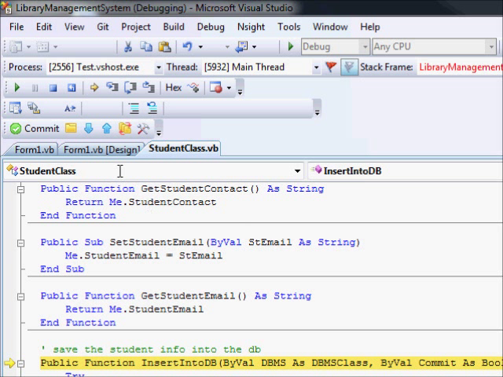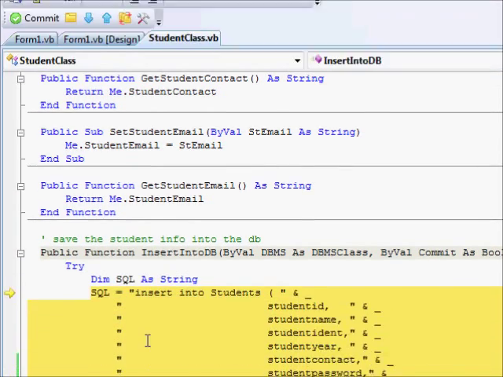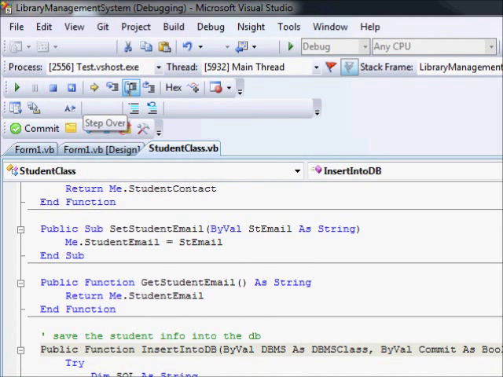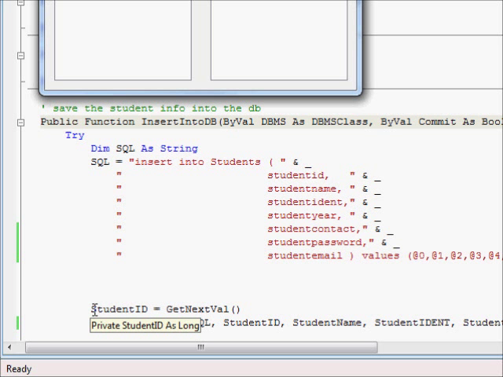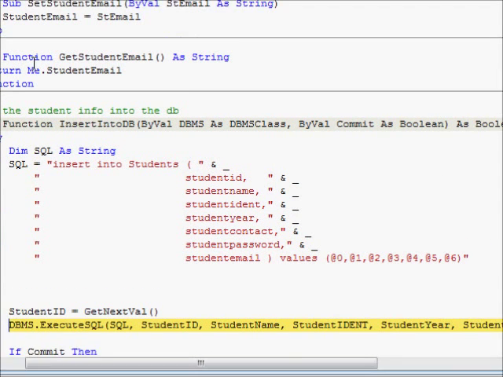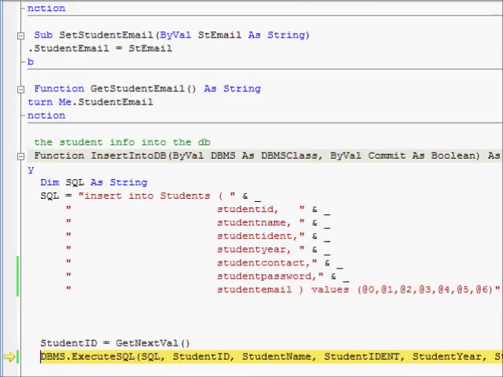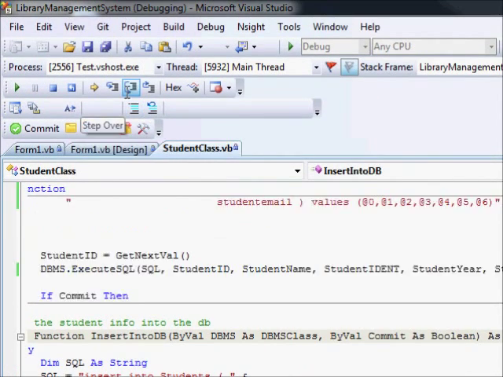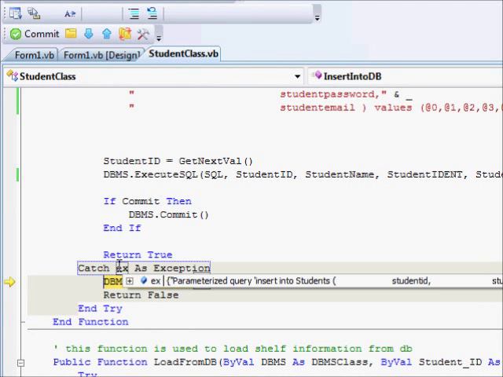Okay, so I will make this one step over. Okay, another step over, another step over, step over, and I think this one's working fine. Now this is gonna execute the SQL statement. Wonderful. So I'm gonna step over and we're getting an exception, so the insert part is not working, and the error is